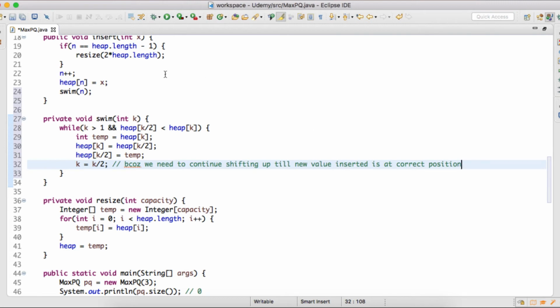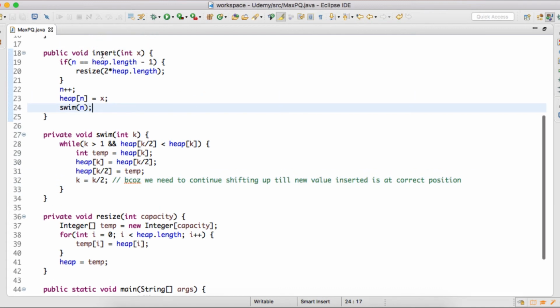That means the value we inserted is at its correct position, so that the heap order property is satisfied. So friends, this is how we insert a new value into the max priority queue.